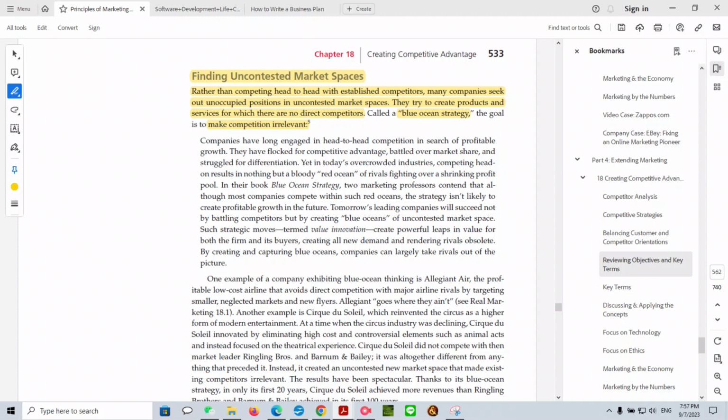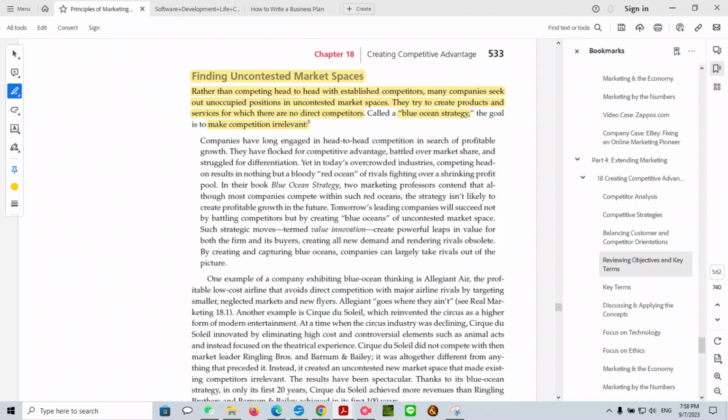Let's say before there was no such thing as a discount airline. Everybody offered the same value proposition. Now we have a discount airline offering something that no one else offers. That's where, in the short run, we have uncontested market space because we're offering something that no one else is offering. So that's the differentiation that we provided and we created, and this is short term